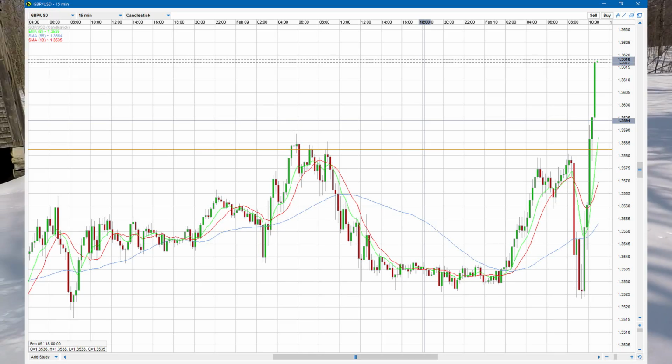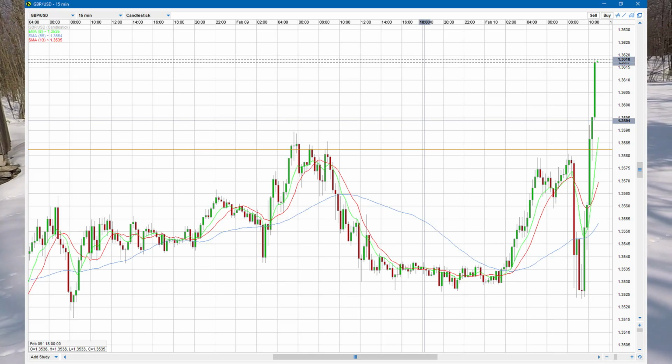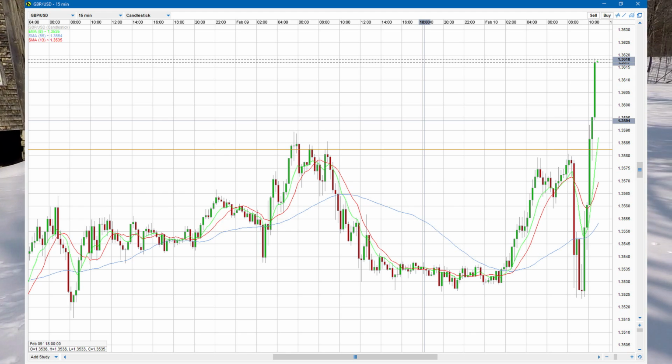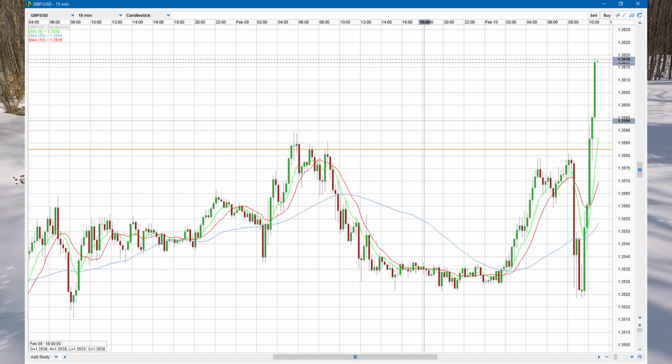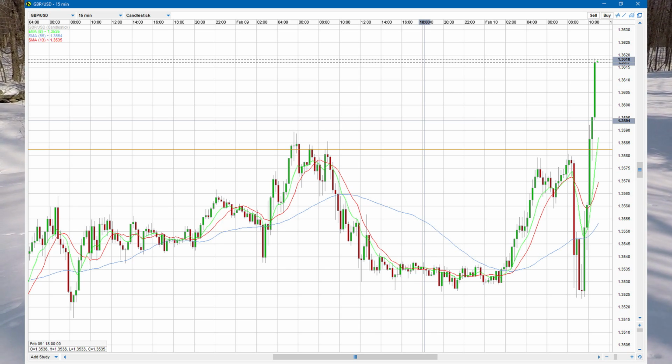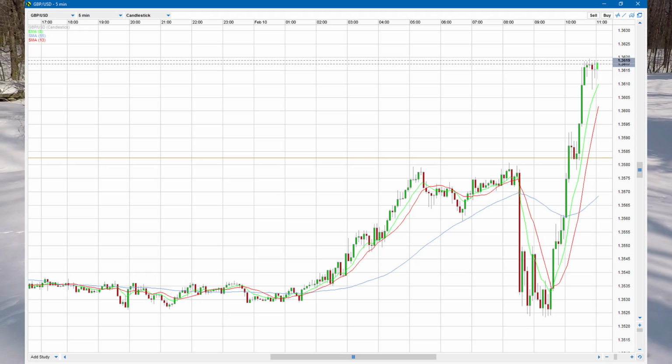These are from, I'm filming this on the 10th of February. And so we just had CPI come out, and so here's the 15-minute chart of the CPI reaction. Pretty dramatic, okay? Now, you can't call those pin bars necessarily. It depends on what the price is going to do. Let's take a look at the 5-minute chart here.